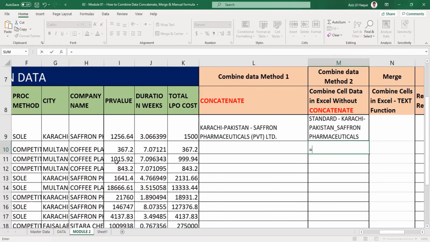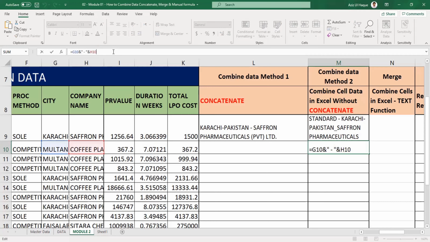Equals city name, and, inverted commas, space, dash, space, inverted commas, and this value. See what it does. It makes your data available in the cell here, and you can enhance it if you want.